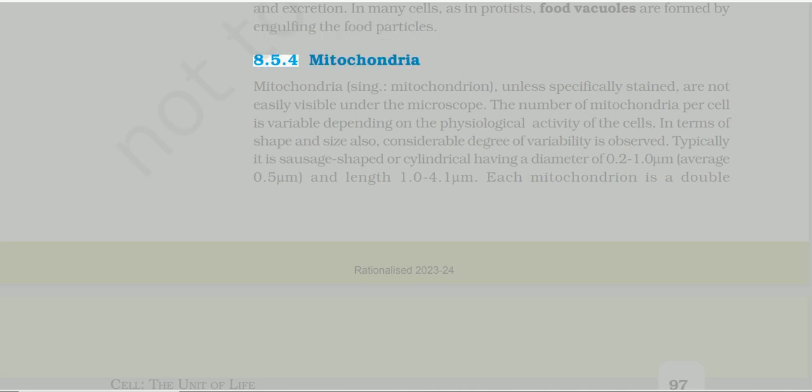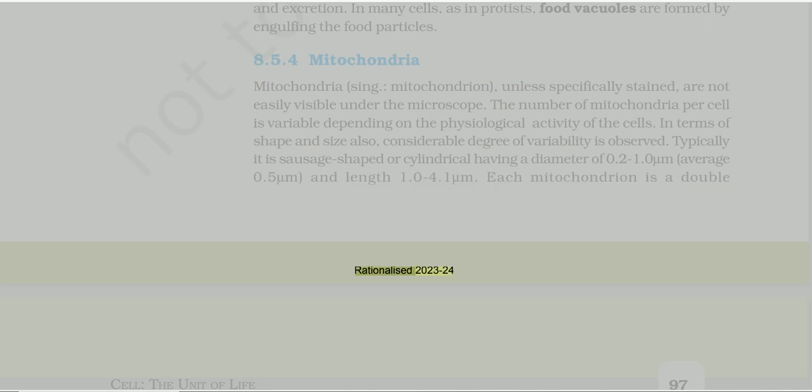8.5.4 Mitochondria. Mitochondria, unless specifically stained, are not easily visible under the microscope. The number of mitochondria per cell is variable depending on the physiological activity of the cells. In terms of shape and size also, considerable degree of variability is observed. Typically it is sausage-shaped or cylindrical, having a diameter of 0.2-1.0 µm, average 0.5 µm, and length 1.0-4.1 µm. Each mitochondrion is a double-